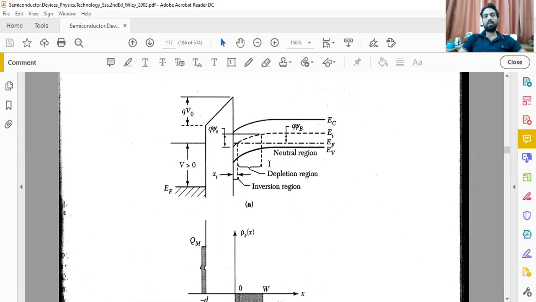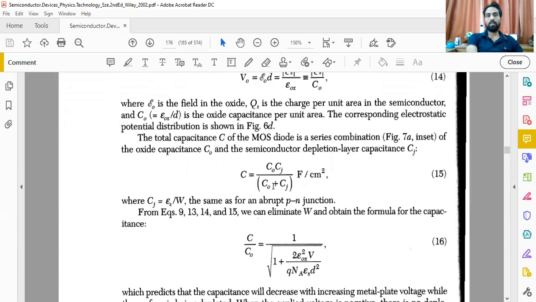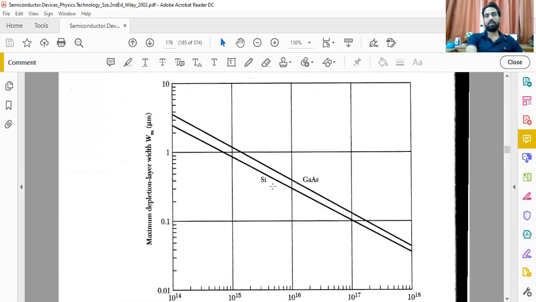In the previous discussion, we talked about how here we have a metal, and this metal is connected with a voltage that may be positive or negative. While this voltage is connected with the positive, it creates a situation in the energy band gap. If you see here, you would be able to see that the energy band gap is bent. It shows a bending and the lowering of edges that we have discussed in the previous case. On the basis of that, we have just taken this example. Now we are going to discuss this particular curve.